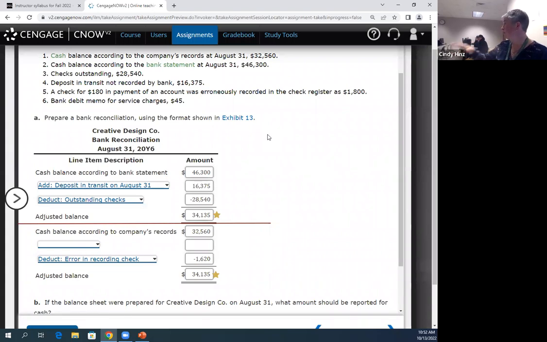It's not enough just to put it here on the bank reconciliation. We then need to get that into our records. The things that we put in the bank part of this reconciliation, they're already in our records. We don't have to do anything with that. The bank eventually will catch up with it. But the parts that we're putting down here in our company's records, these discrepancies need to be fixed. We need to, in this case, put in a correcting entry. And in this case,